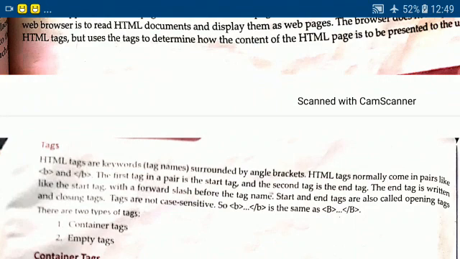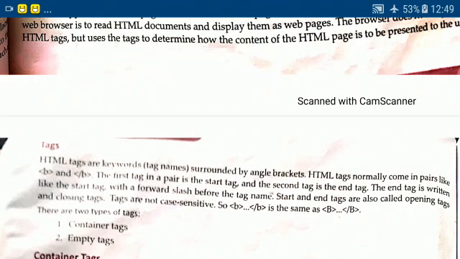The first is the start tag, and after that, the tag with /B is the second tag, the end tag. When you give a slash, that is the end tag.